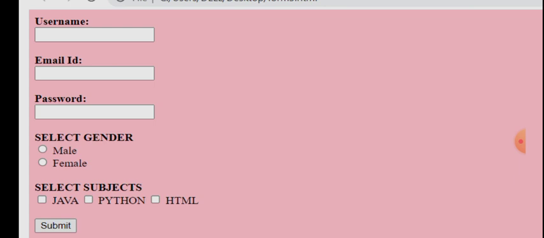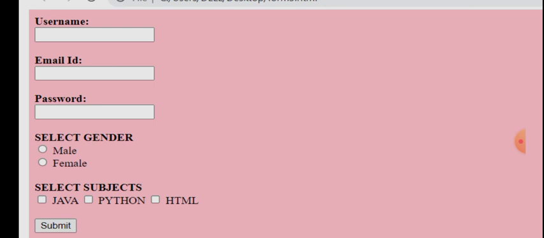Next I am selecting gender, either male or female. Next one, checkboxes, selecting subjects. Here I will select all these three subjects, Java, Python and HTML, or any two or any one.